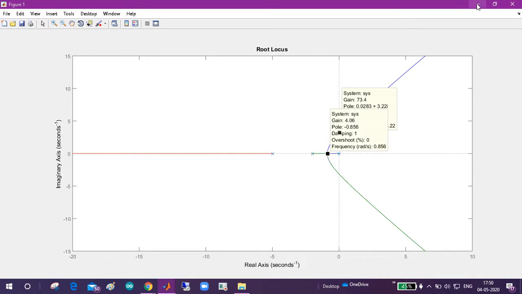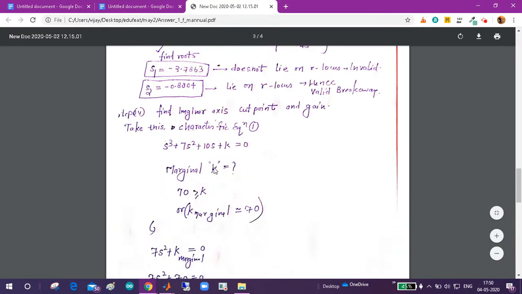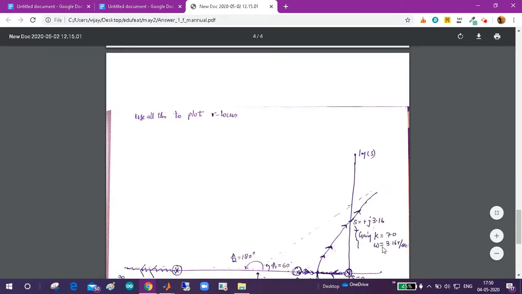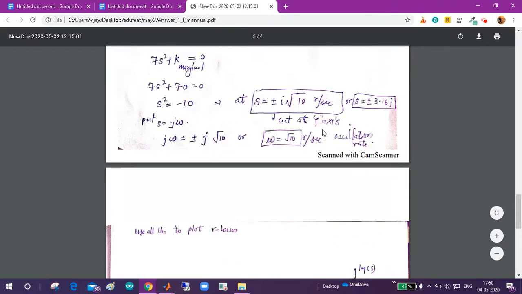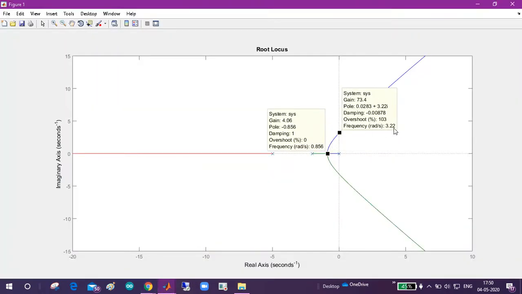So it is proven that it is right. Next we will see the marginal K. This marginal K is coming around 70, and the radian frequency is around root 10, that is 3.16. Here we can see that MATLAB is giving around 3.22, which means our manual calculation is not actually accurate.